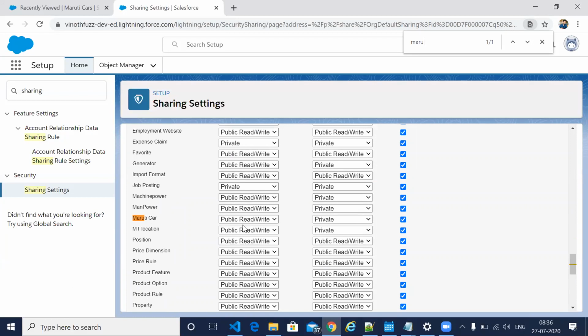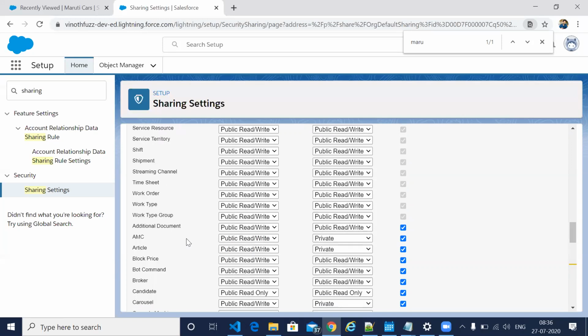So here I have Maruti car, and I can choose whether private, public read only, or public read write. Currently it is public read write; by default it will be public read write. If you want, you can change it to anything: private, public read. So I am making it public read only now.